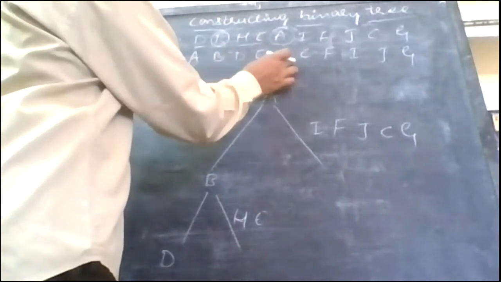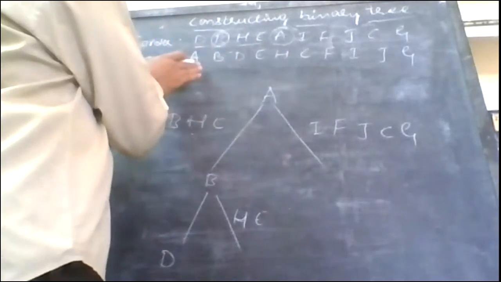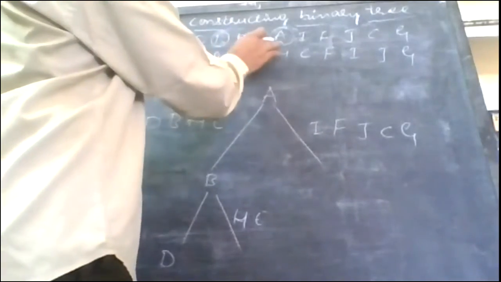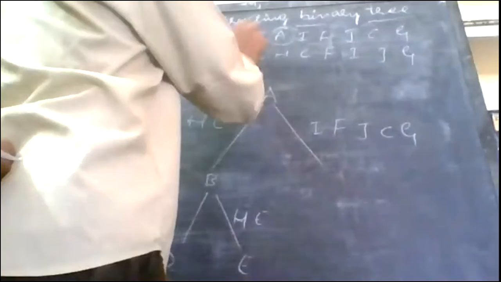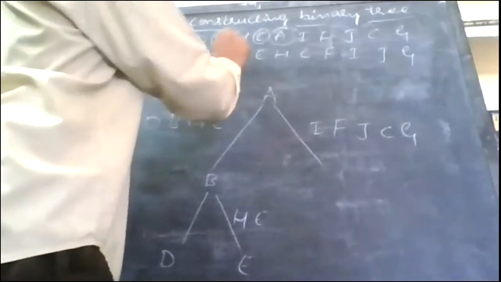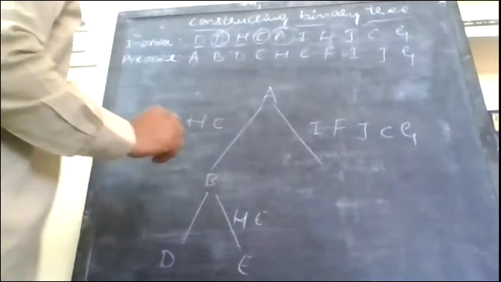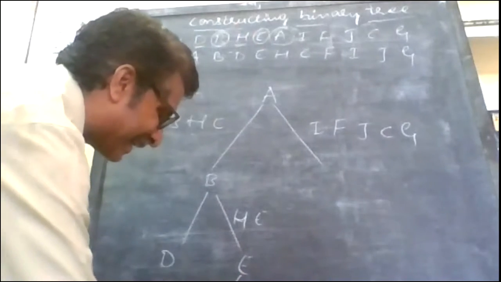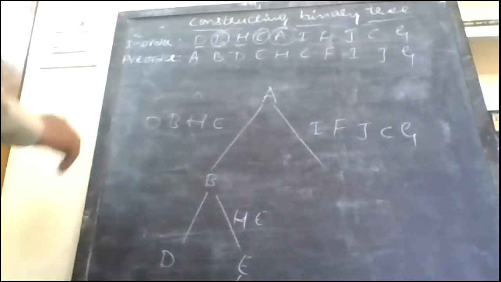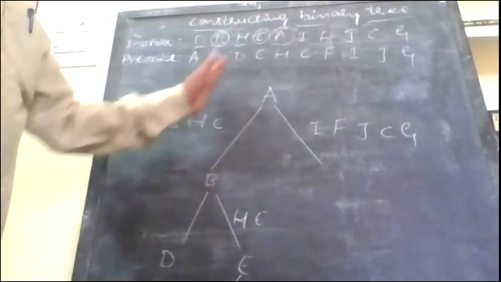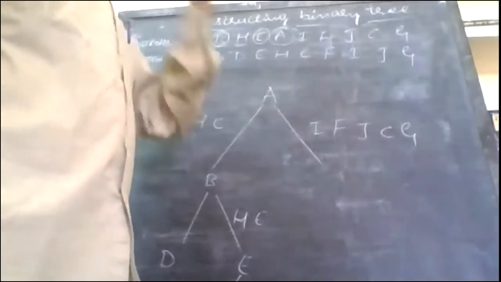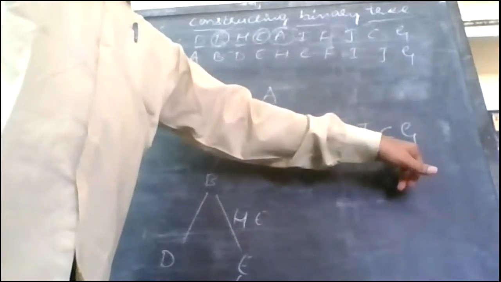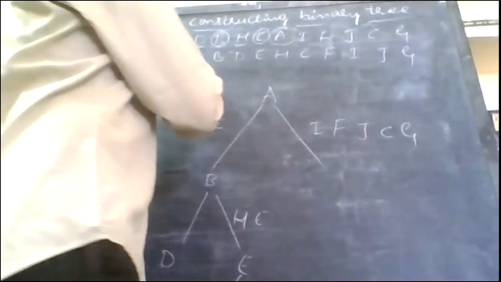Only two elements are left with me. If I scan this one from left to right, I find E as a root. E will be the root. Now I need to mention that one in inorder. If I do so, I find only one particular element which appears on the left side, that is H, which means the left subtree is successfully constructed. Now I have 5 elements on the right subtree. Now I need to scan them from here. Where are those 5 elements? These are the 5 elements.